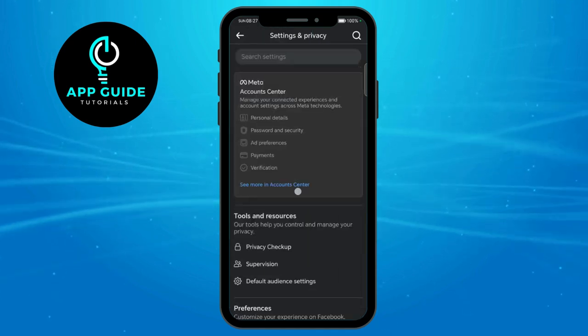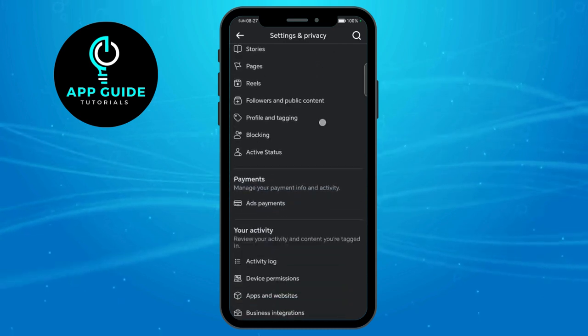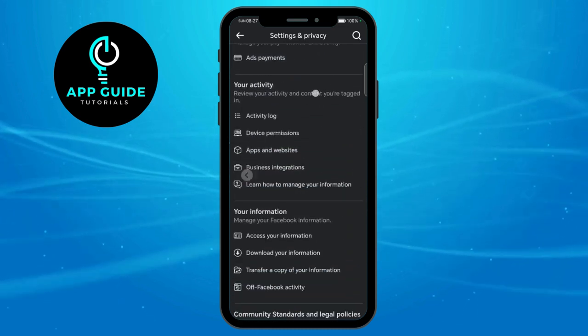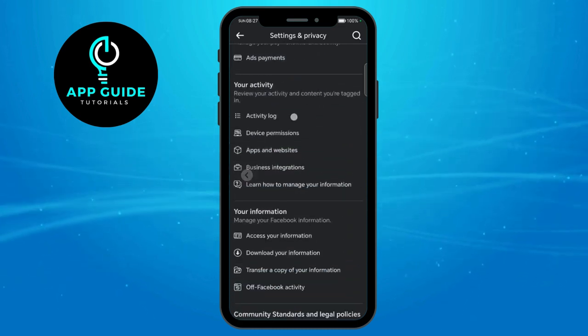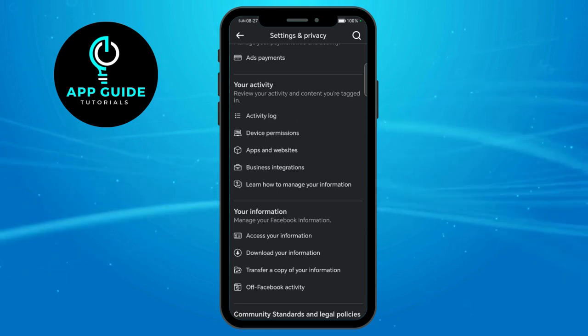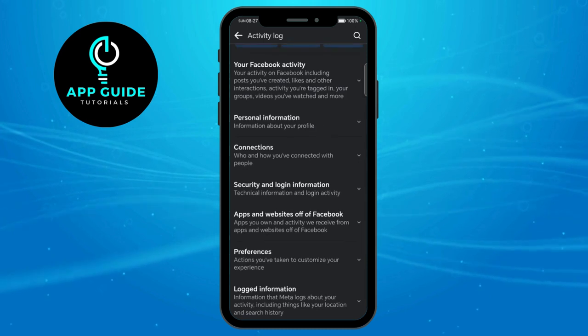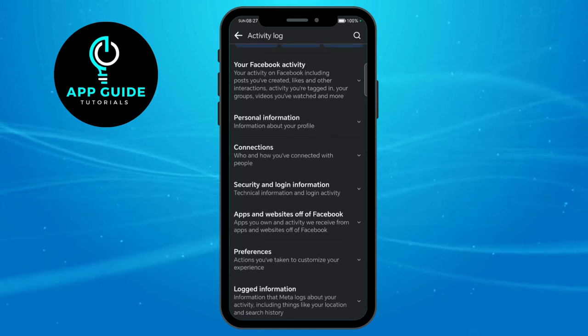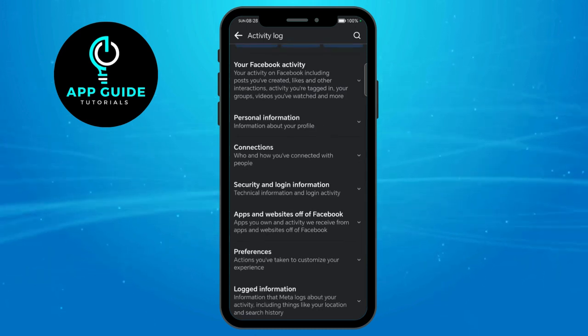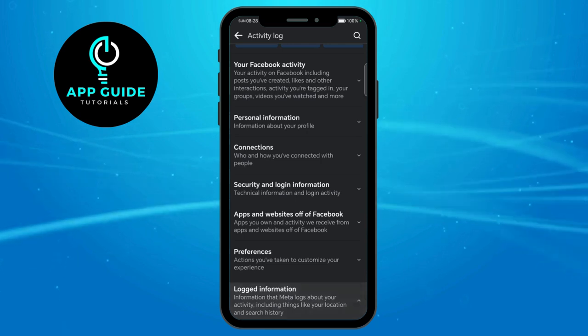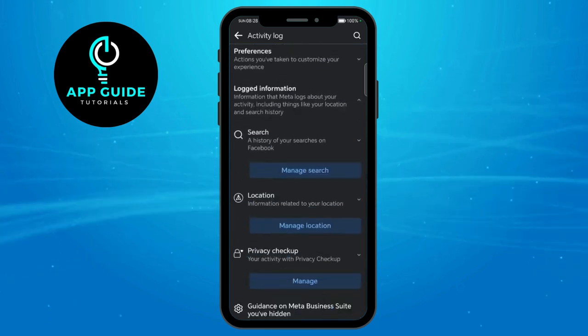Once we're on our settings, we just have to scroll down until we see Your Activity section where Activity Log is located. So we just have to tap on Activity Log and scroll down to the very end until we see Logged Information. So we just have to tap this arrow down button right here and scroll down again, and